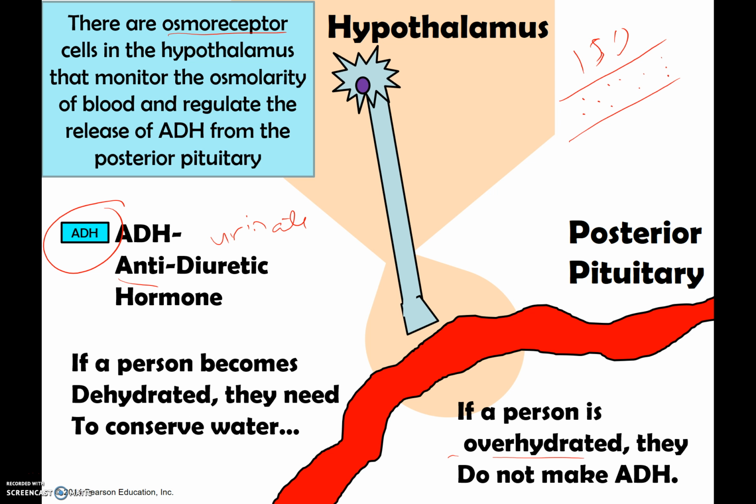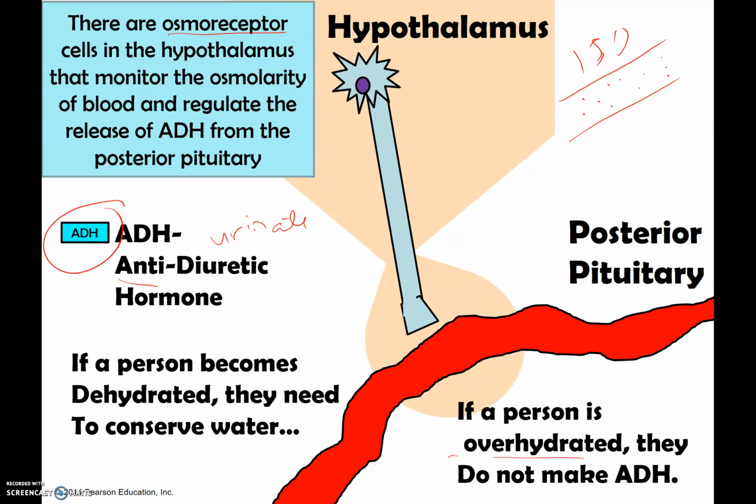The amount of ADH will change, and the kidneys will filter the blood, making urine and getting that excess water out. So again, ADH is used to balance our blood osmolarity, and it's our hypothalamus that has osmoreceptors in the brain that detect this and then regulate the amount of ADH released